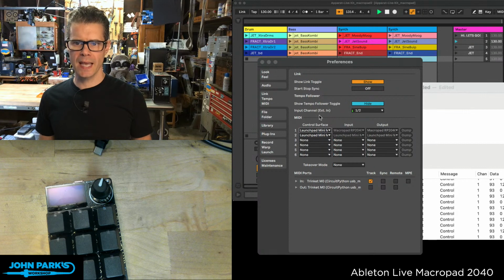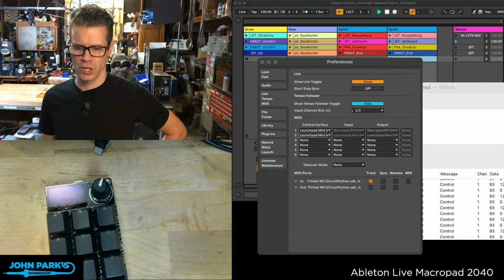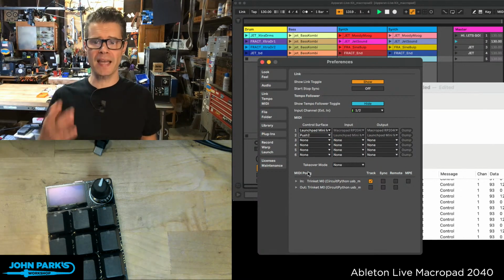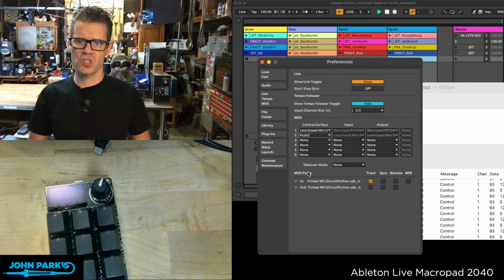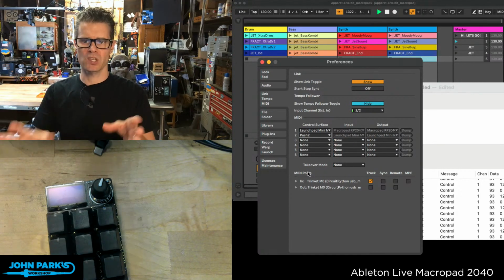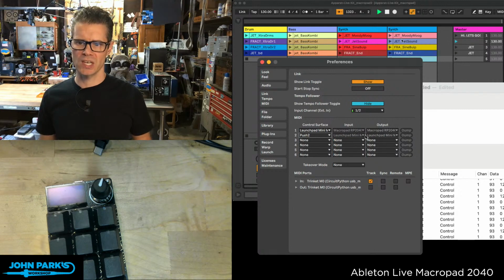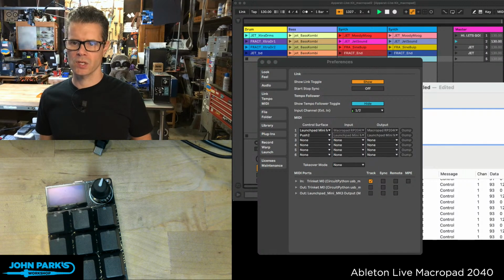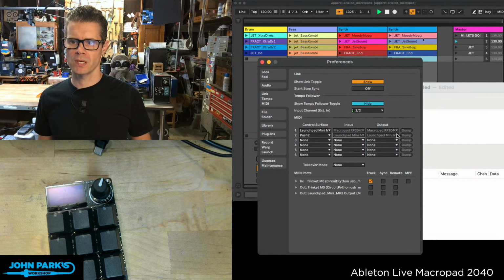Last thing I'll say is that I specifically was using the Launchpad Mini Mark III, but if you went and tried something like the Push 2, that's probably the most sophisticated controller. It's made by Ableton themselves. If you're sending messages back and forth to the Push, that's where you may see some of these SysEx messages that tell you things like names. So if I spy on that stuff and set my output to be MIDI monitor,